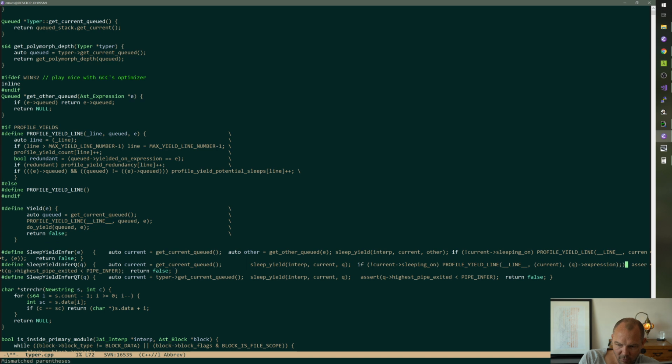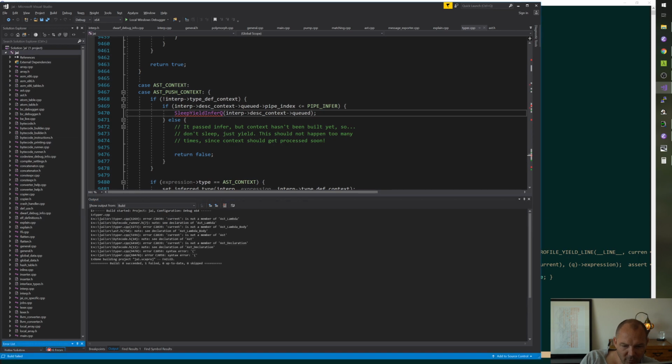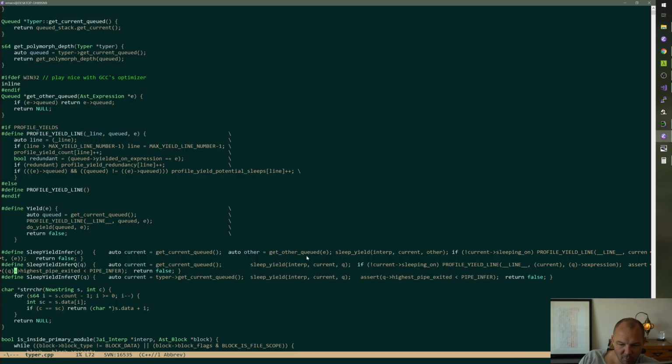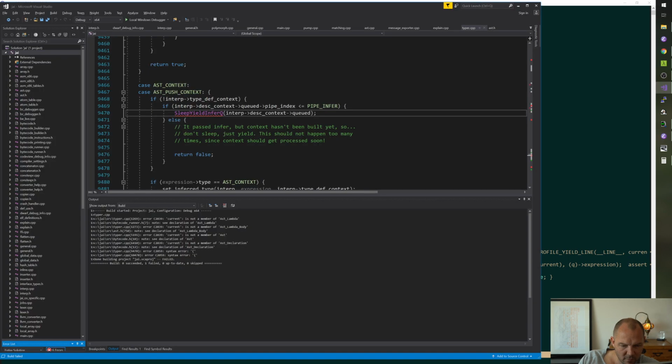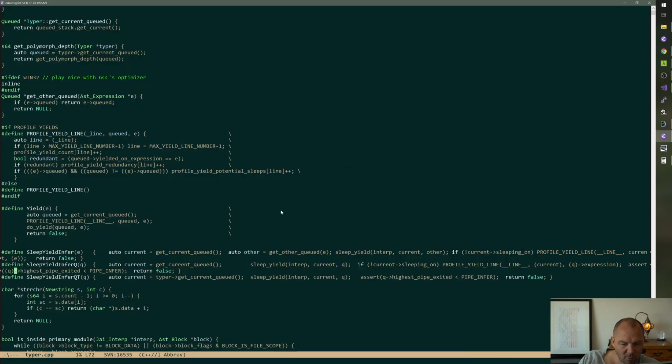So like that one goes there. Mismatch, okay. That goes there. This doesn't seem to have a problem. And the sleep yield with Q as a parameter never had a problem. I don't know what's going on with the macros here. Maybe I should break these out multi-line. Current is not a member.